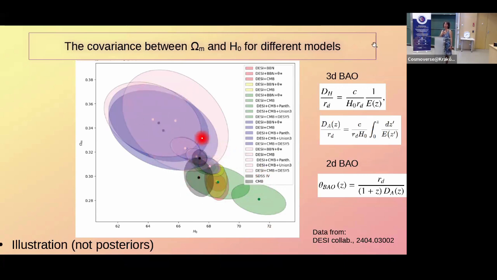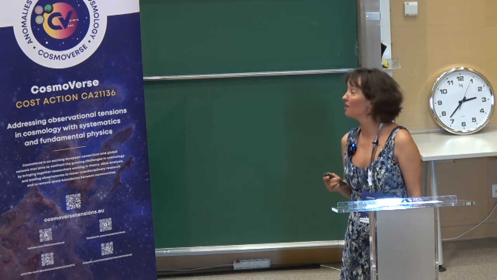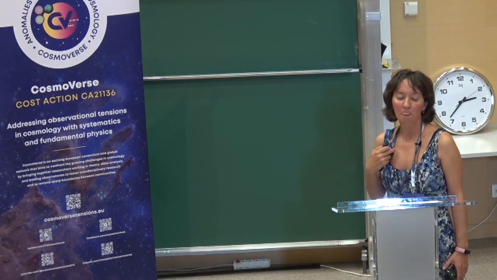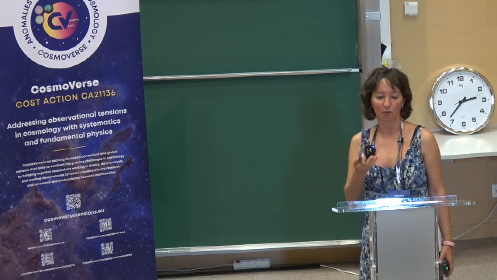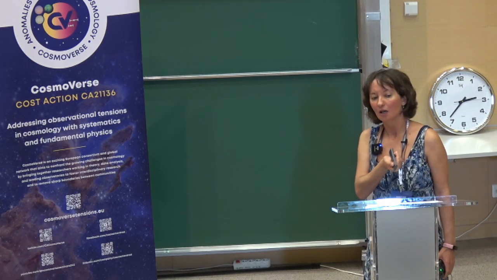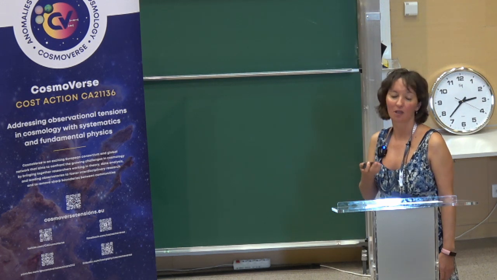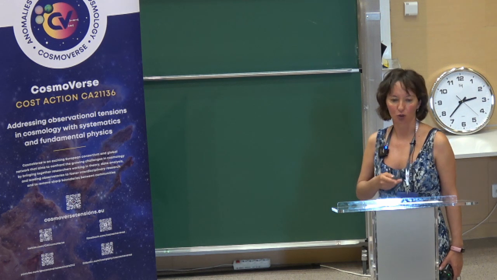These circles, because this is obviously not a contour plot, are just ellipses that illustrate how the covariance looks in the different measurements. What is interesting is that all the models they have published lie on a kind of line. So even with the different models, we still see this degeneracy. If one takes just one model, it is less obvious, but if you plot all of the models, it's very obvious that you have a deeper issue than just taking into account the degeneracy between the sound horizon and H0.